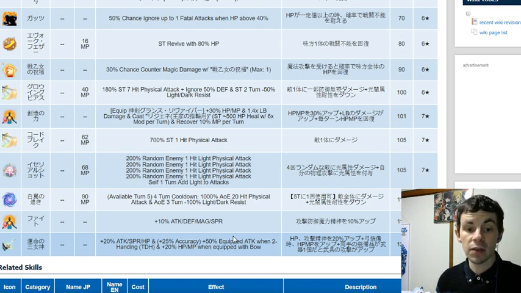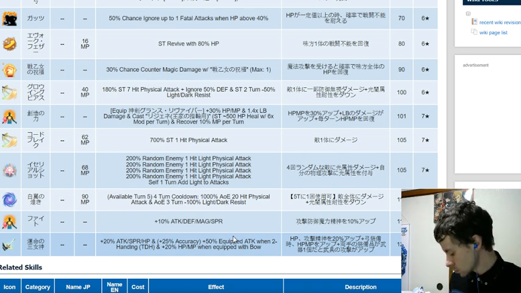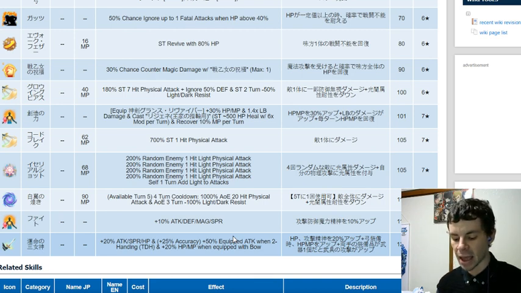She also has available on a 4-turn cooldown, available turn 5, a 1000%, 20-hit attack, and debuffs light and dark resistance by 100% for 3 turns. That's really big. Now, her kit is basically just a massive pile of...